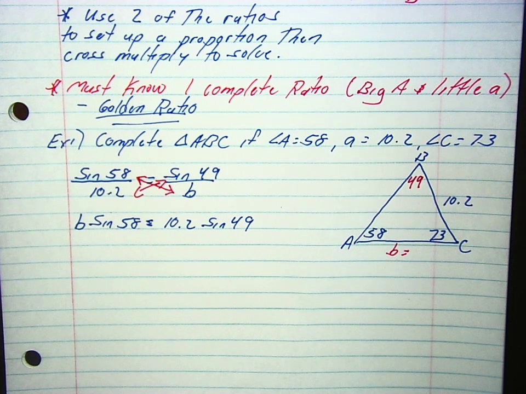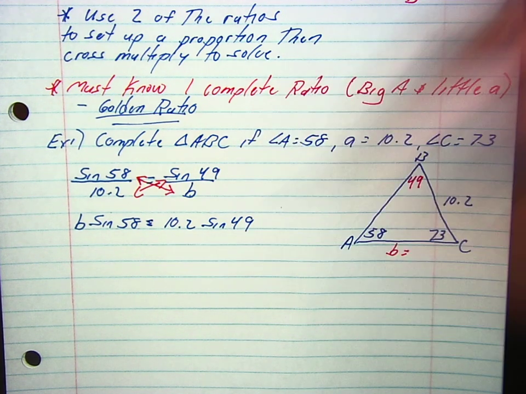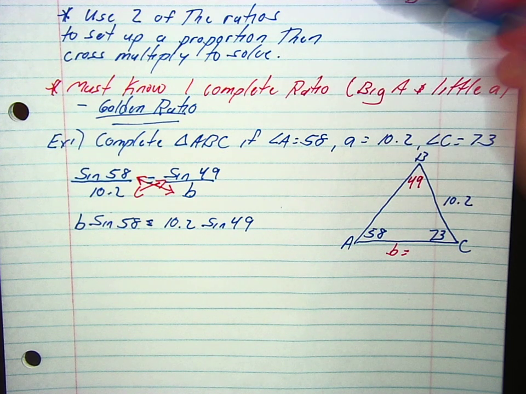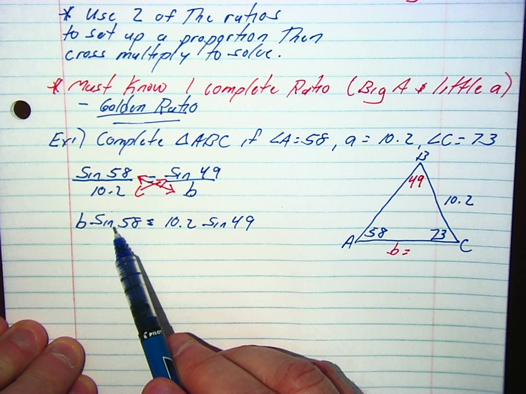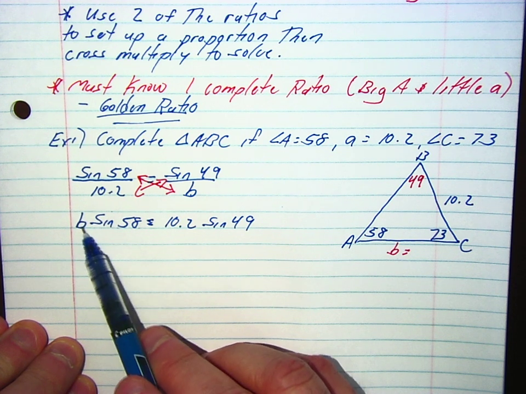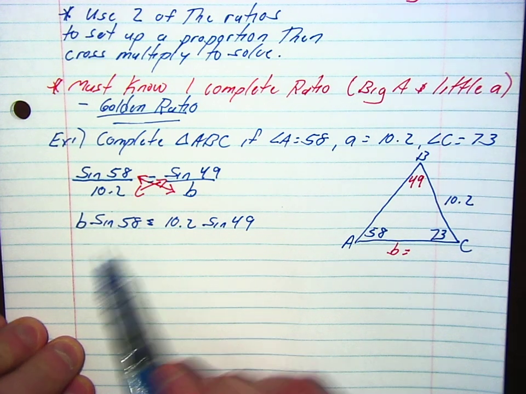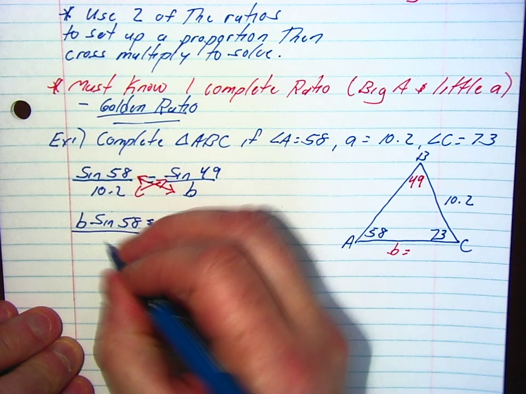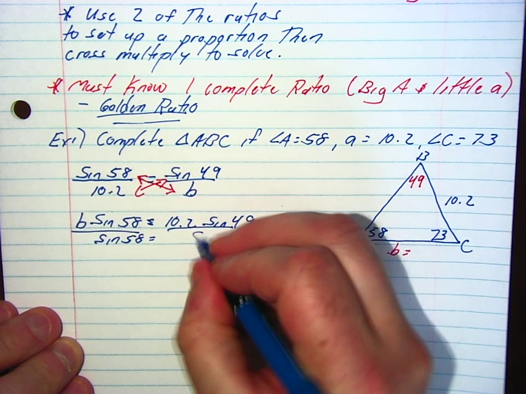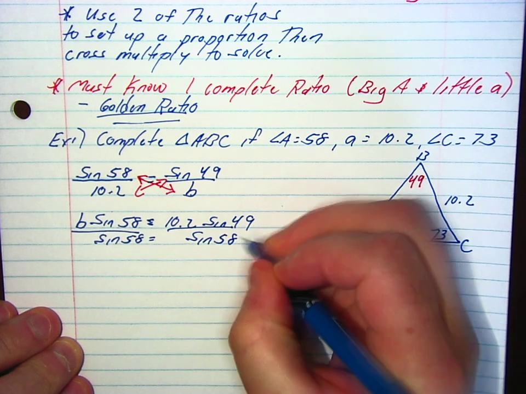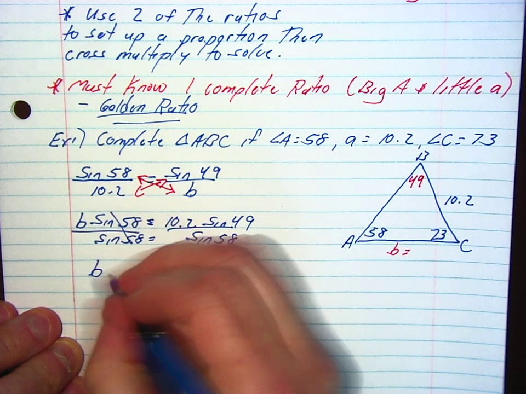Okay. Now you got to solve for b. It's a one-step equation. Once you've cross-multiplied, there will just be one step to solve it. So if I want to get b by itself, I got to divide this away, because that would get b by itself. That's b times something. So I'm going to undo that by dividing. So if I divide by the sine of 58 on both sides, these cancel. And now this is what